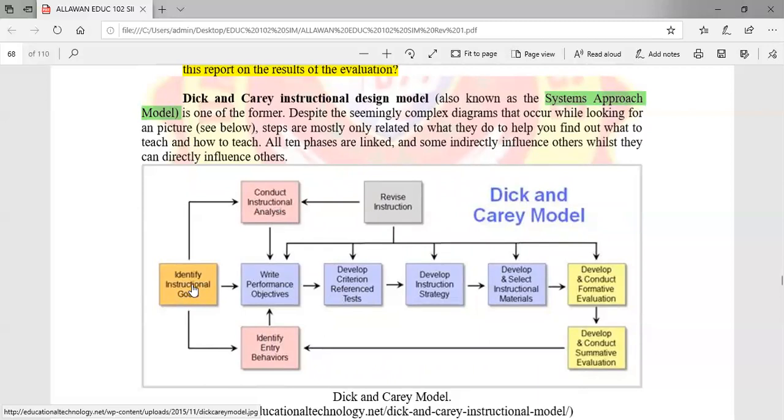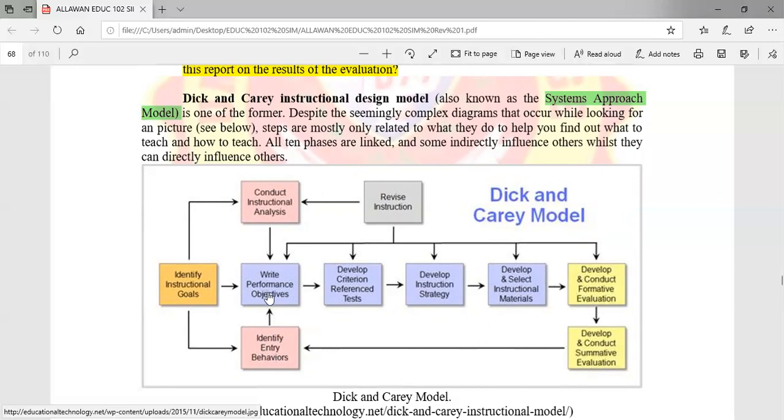And then in this identification, you may also write performance objectives, develop the criterion reference test, develop instruction strategy, develop and select instructional materials, and also conduct a formative evaluation or formative assessment. So ito na yung test. And the last is to conduct also a summative evaluation after the formative. Then pwede din siya babalik na naman sa entry behaviors. So parang vice versa lang yung